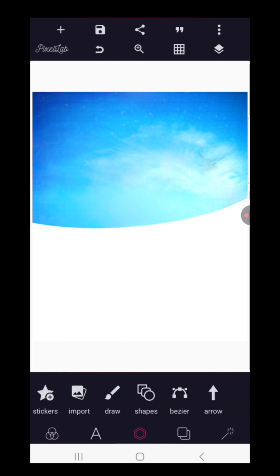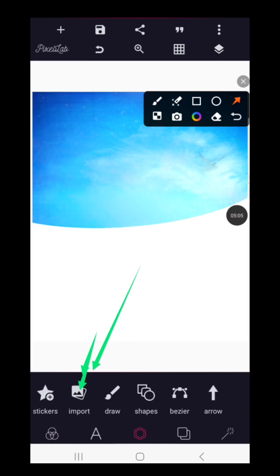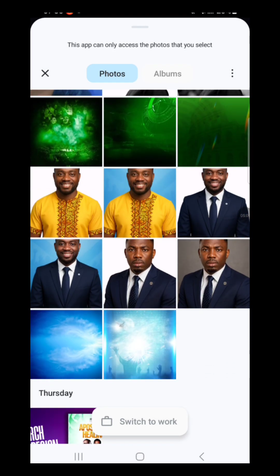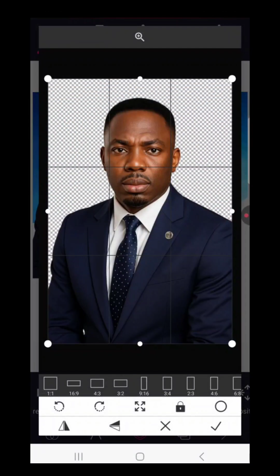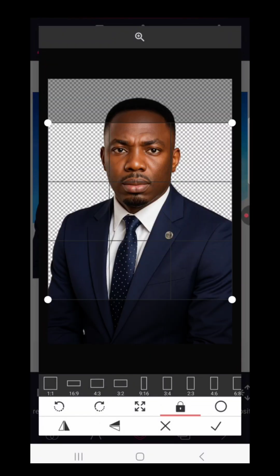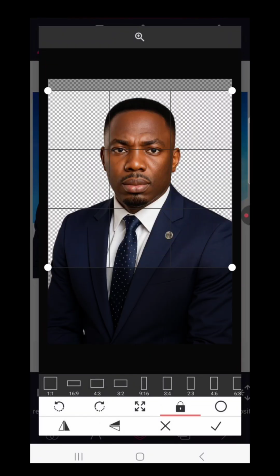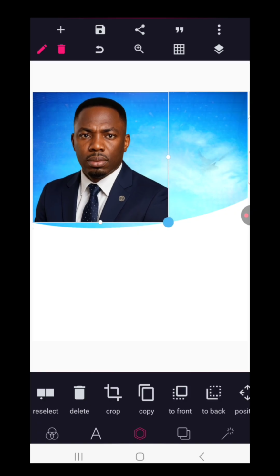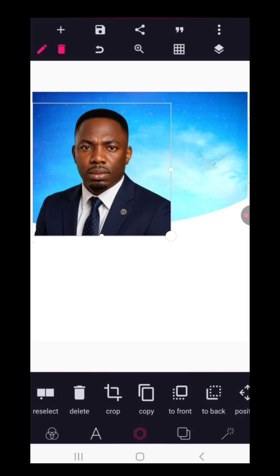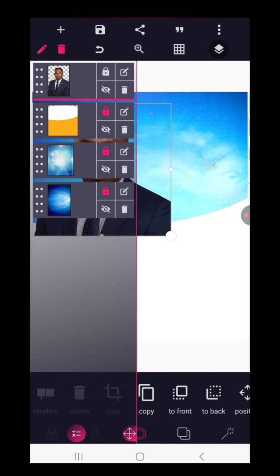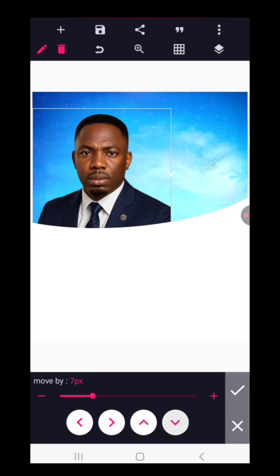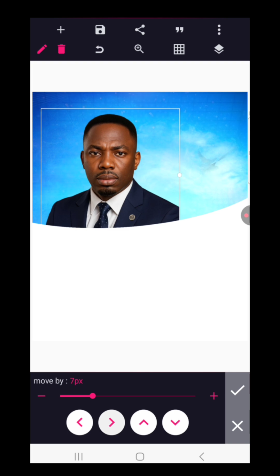All right, good. Now I'm going to bring in the images that I use for this design. So first of all, I'm going to click here. I have with me this guy, so I used AI to generate these images, okay, and I'm cropping it using my square button, so just neatly position it this way. Now what we're going to do is to send this image to the back of this shape. You see that? Perfect. So leaving it like so,